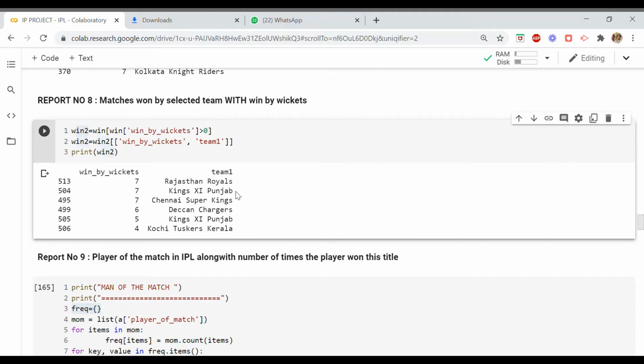So what is happening is these two values, 7 and 5, are being displayed at one place only, and the bars are standing in front of each other. That means the bar for Kings 11 Punjab with value 7 as well as the bar for Kings 11 Punjab with value 5 are both being displayed at the same location.